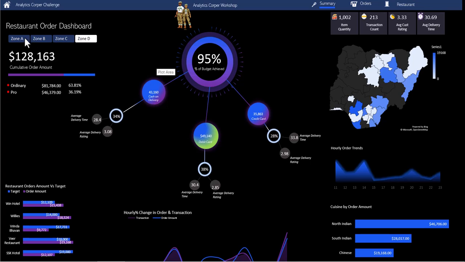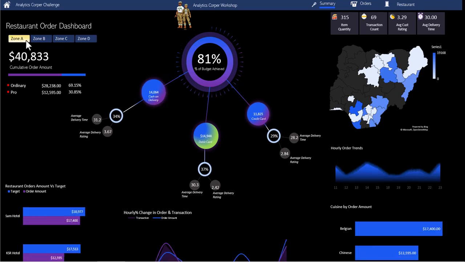Now, if I select a slicer here, any of these slicers, if I click any of the slicers, you can see this dashboard is interactive, and as I'm changing that, you notice this cumulative bar is changing. Also, this percentage is changing. This is also changing to the highest mode of payment. You can see the mode of payment for this particular zone is debit card, people are using debit card a lot. And you can see the map as well, to see the locations that are relevant, or let me say, in this